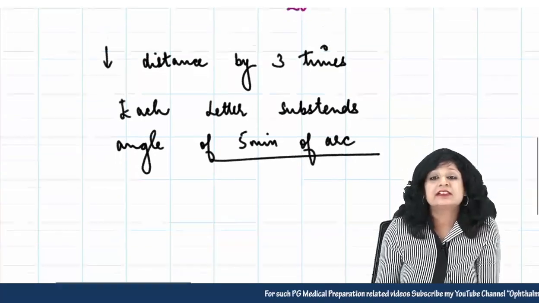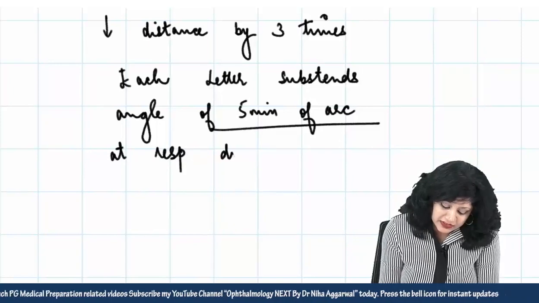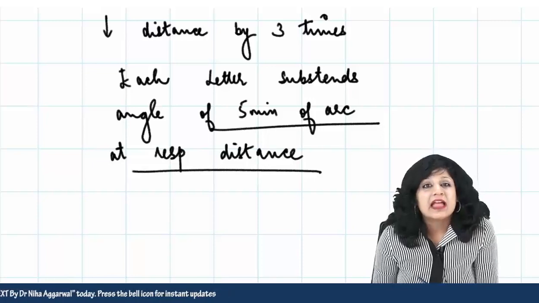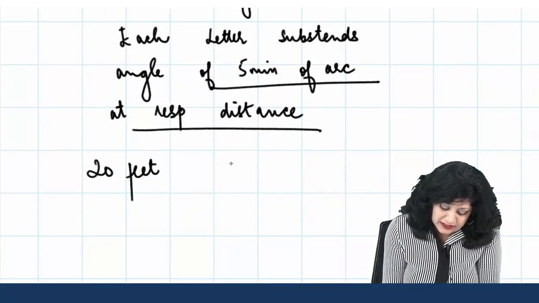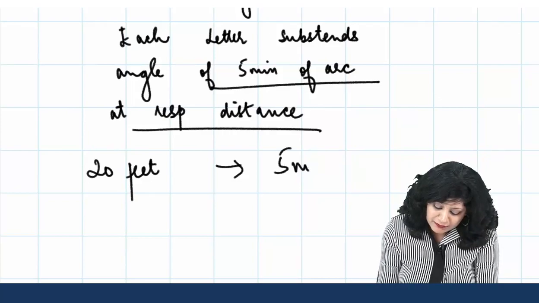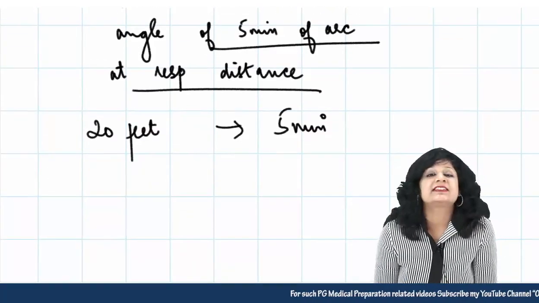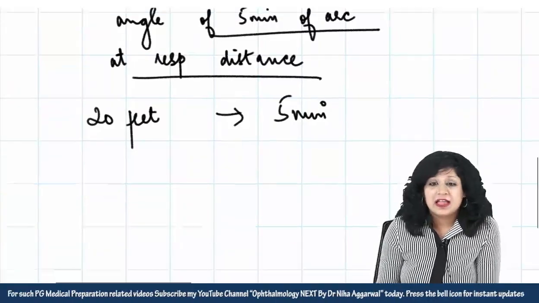But this is done at the respective distance. This is very, very important. At the respective distance. So that means from a distance of 20 feet, it is subtending an angle of 5 minutes. But because her visual acuity is 1/3 of the normal visual acuity,